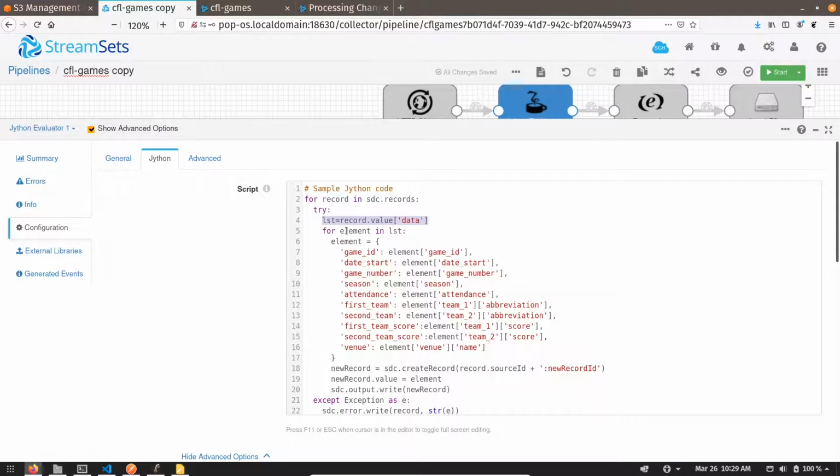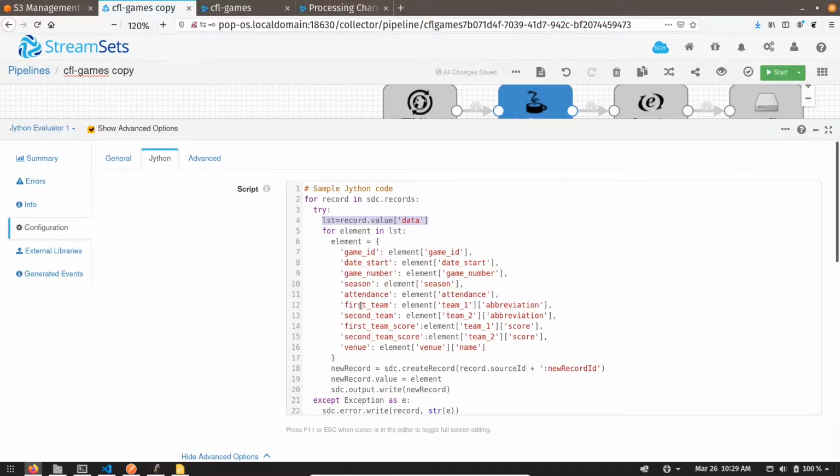After that we are replacing that element with the key value pairs which we have extracted from the element itself. You can see this element is nothing but a dictionary, and we can access the elements of a dictionary by its key. The key is nothing but the column name, so for element, I'm providing game ID as a key, and we will receive the value for it. Then we are preparing a dictionary and assigning this dictionary to the element itself. In the same way we are accessing all the elements.